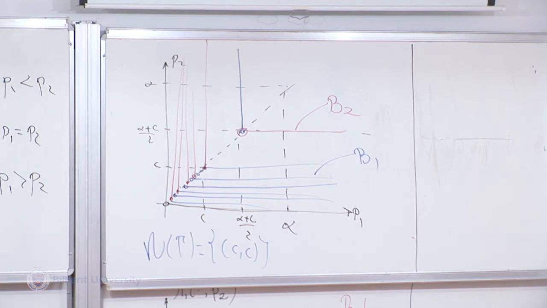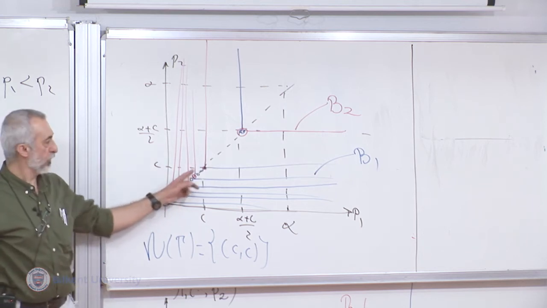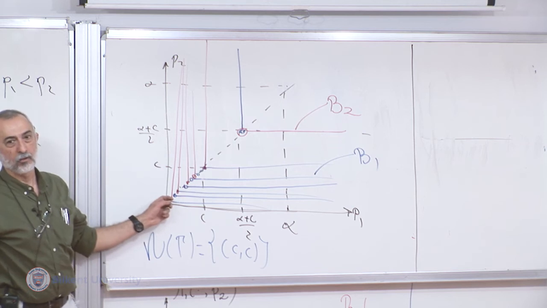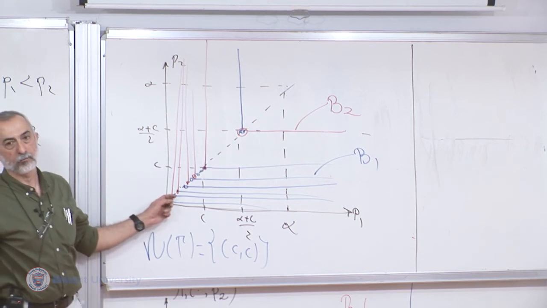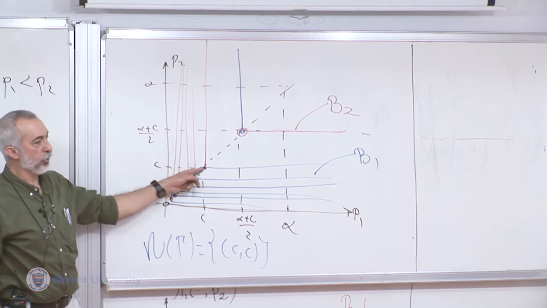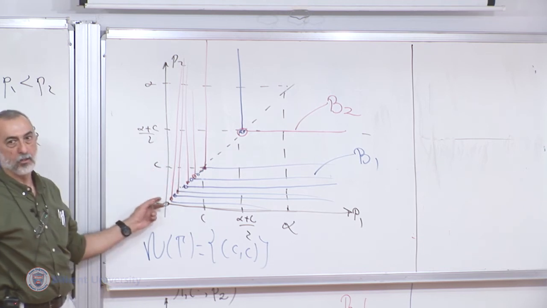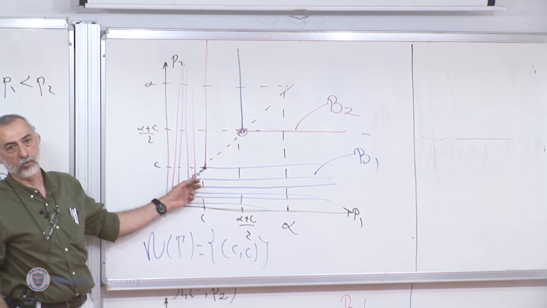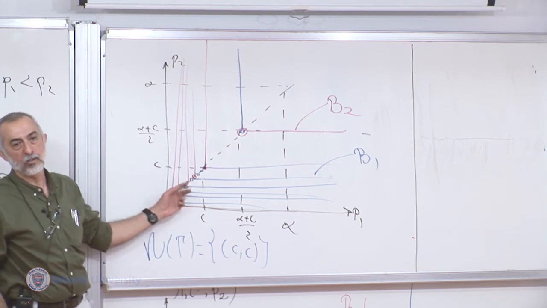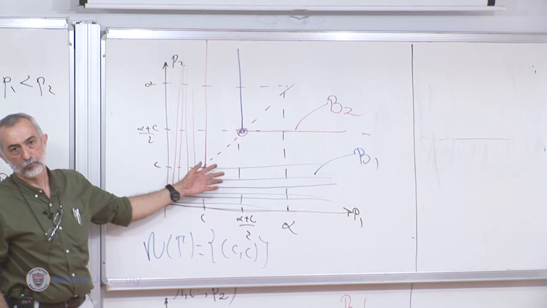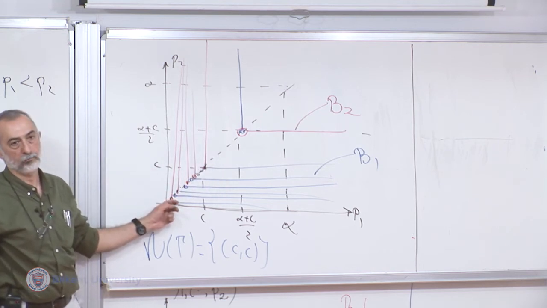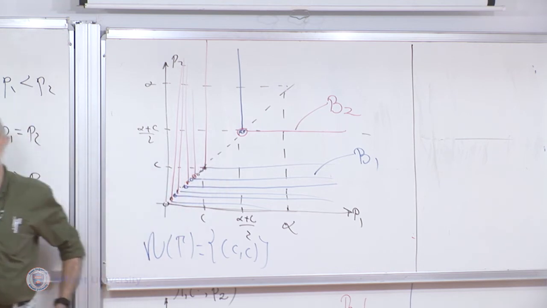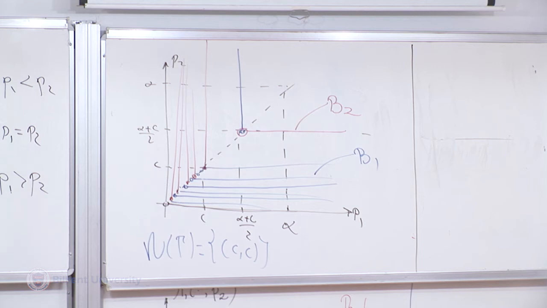So essentially what this says is that if your opponent sets a very low price, you don't want to be in that market. If your opponent sets a price less than C, you don't want to be in that market. You don't want anything to be demanded from you. What do you do in order to do that? You set a higher price. That also includes 0. Okay? Any questions? Yes, sir.